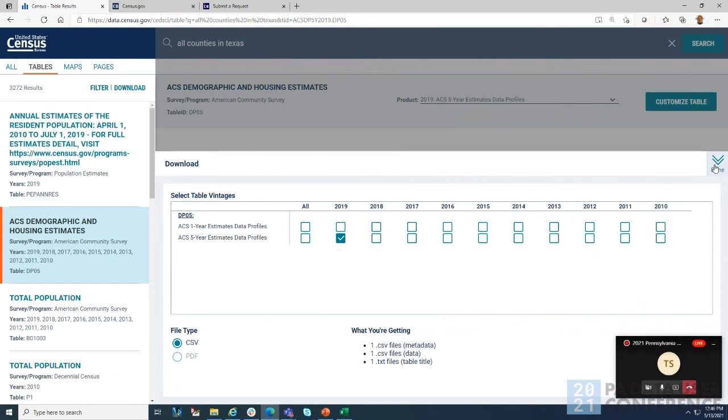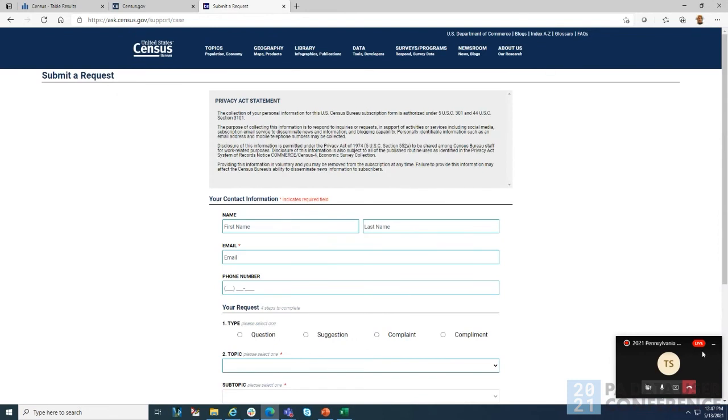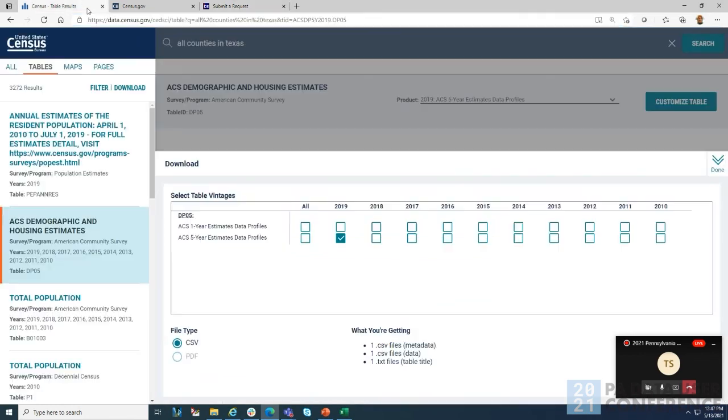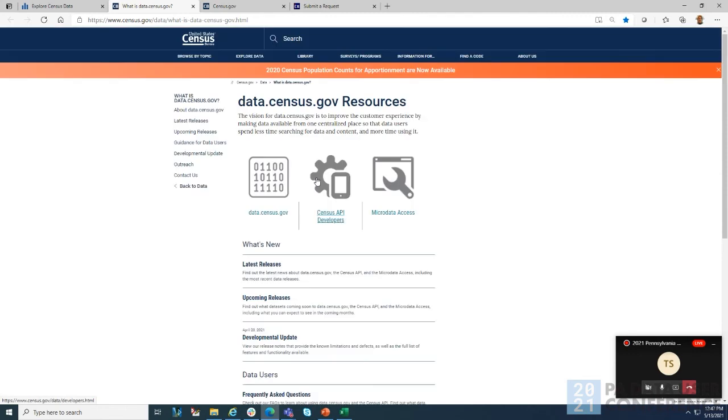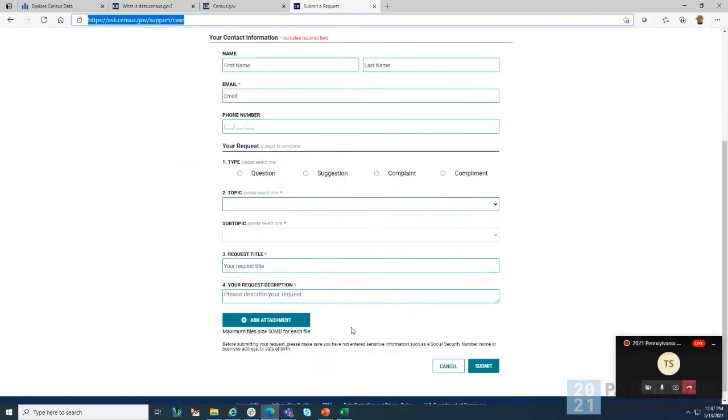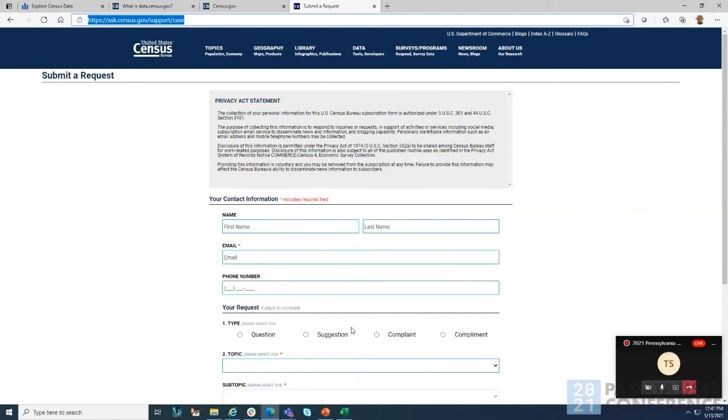All right, and then someone mentioned that feedback form, it would be great to link that straight from data.census.gov. Yeah, that's a good idea. It's a little hidden. We are working on that, but if we could do that, that's a good idea. We might be able to put that form directly on our resource page, where you can just click and submit something from there. That might be a workaround, at least for the short term, until we can get one on the landing page. But that's a good point.